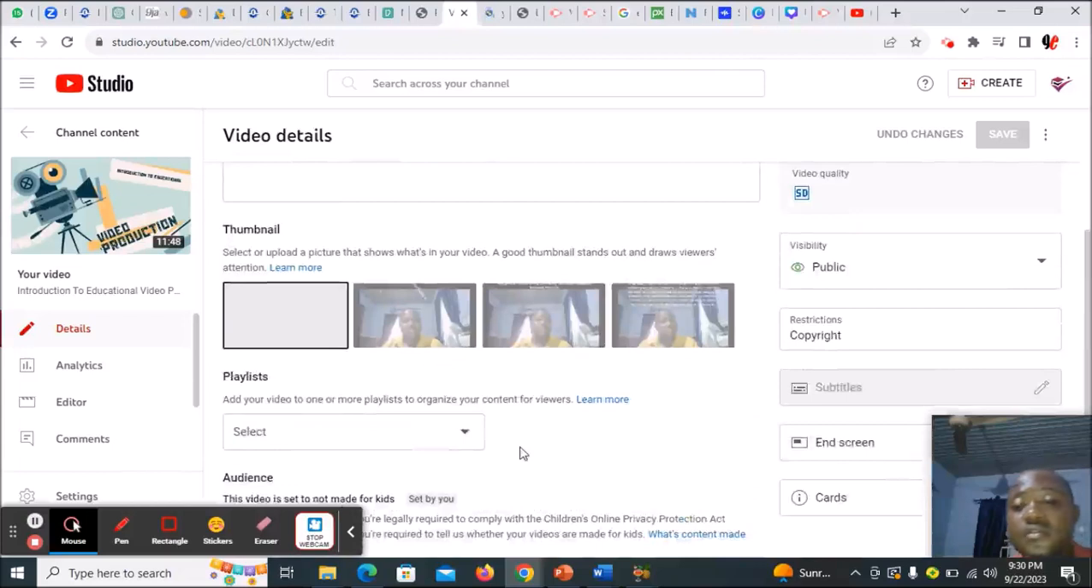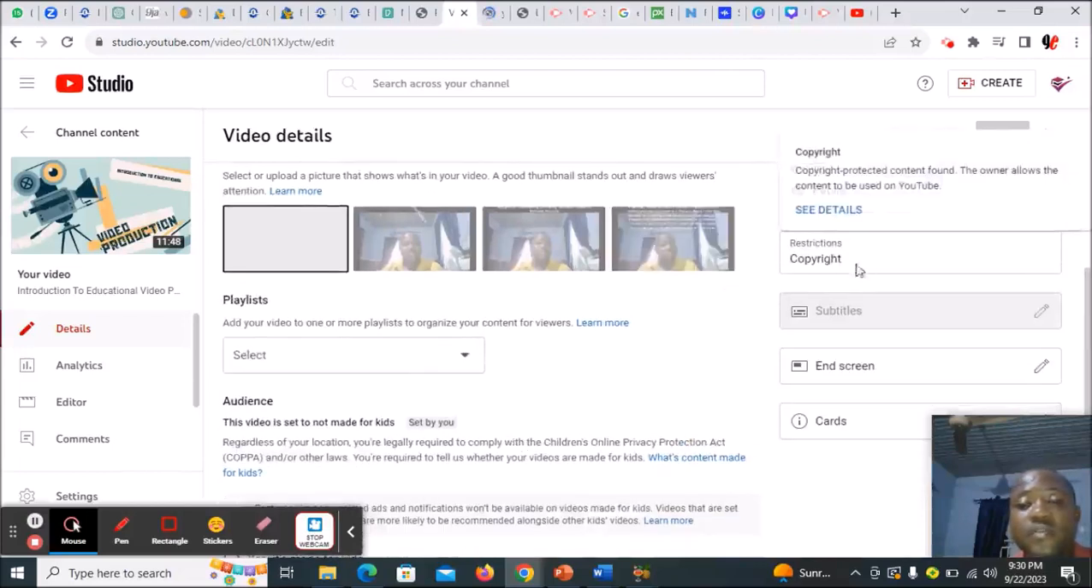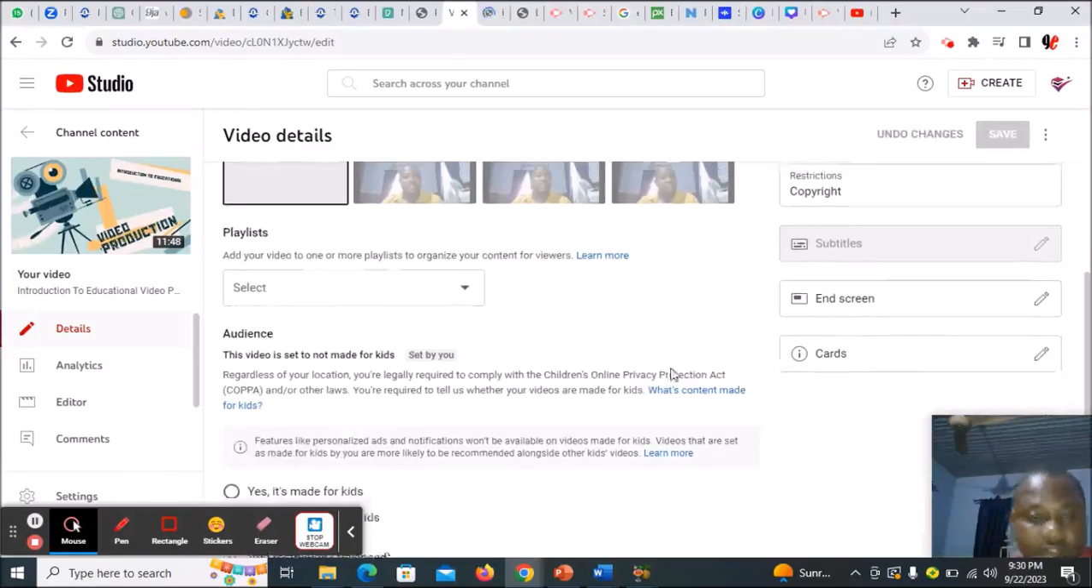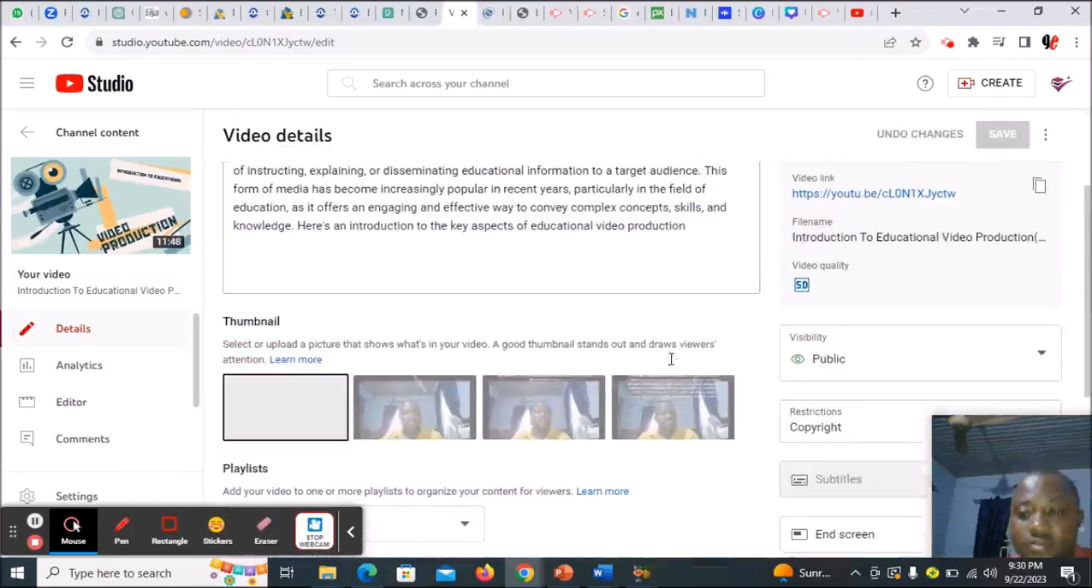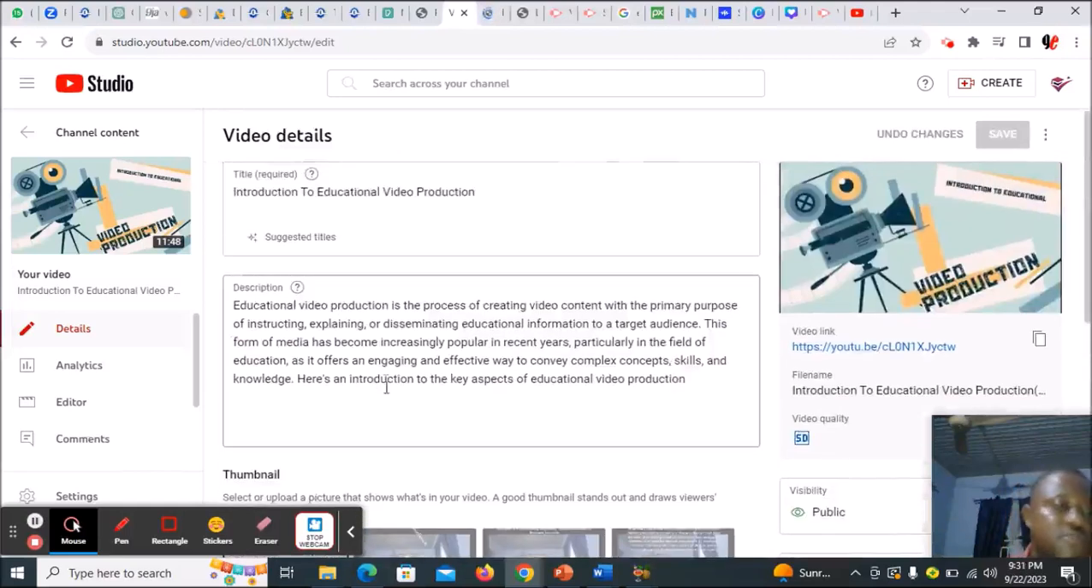That's my preference: public, no copyright restriction. But if there is a copyright restriction, it may be because of the music. Sometimes they can flag a copyright concern, but they will still tell you that you can go ahead and use it, especially if the author permits that you should use it. But if the original author of that image or video or music did not allow you to use it, then you cannot. So here you can